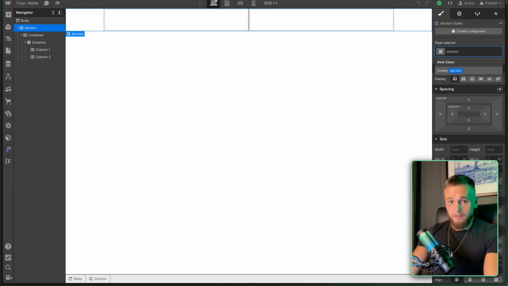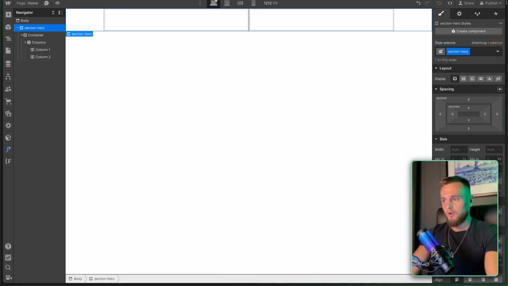Pretty much for everything, you want to use lowercase, never capital letters, and you want to use dashes and underscores. For this use case, we're not going to use underscores, we're going to use dashes as spaces, because underscores signify a separate thing. And just for the ease of us beginners, we're just going to use dashes. So we're going to call this section hero,